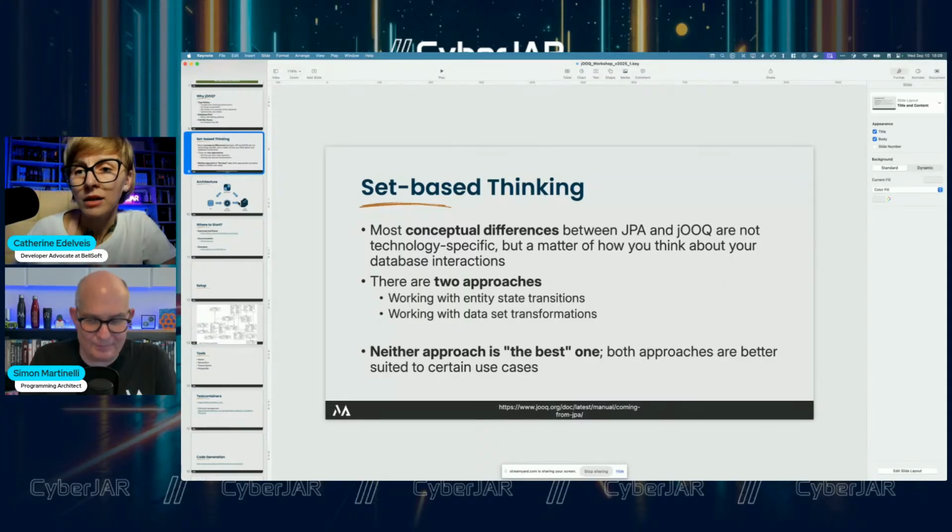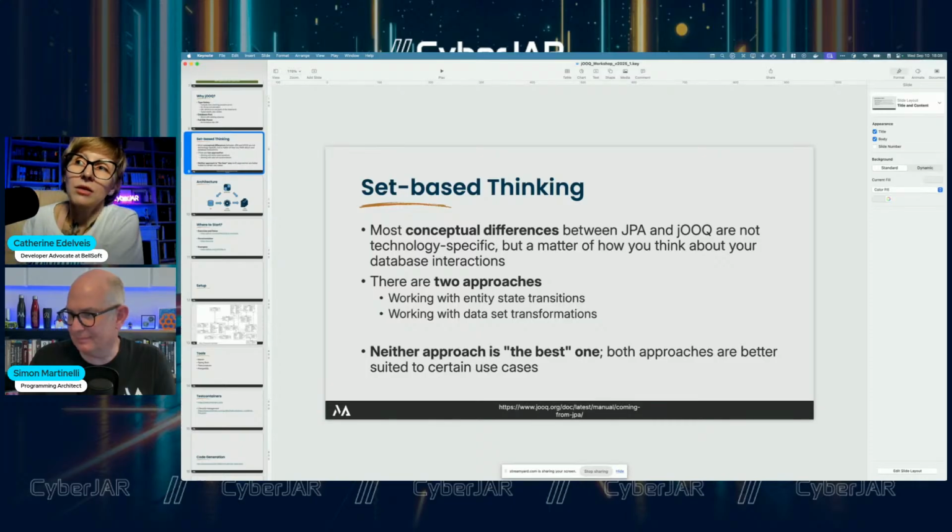So follow this link, try out jOOQ, study the samples, see whether you might want to use jOOQ for your next project, or you want to migrate to... oops, Simon disappeared. All right, I hope he will come back for the final goodbyes. But anyway, I encourage you to try out jOOQ.